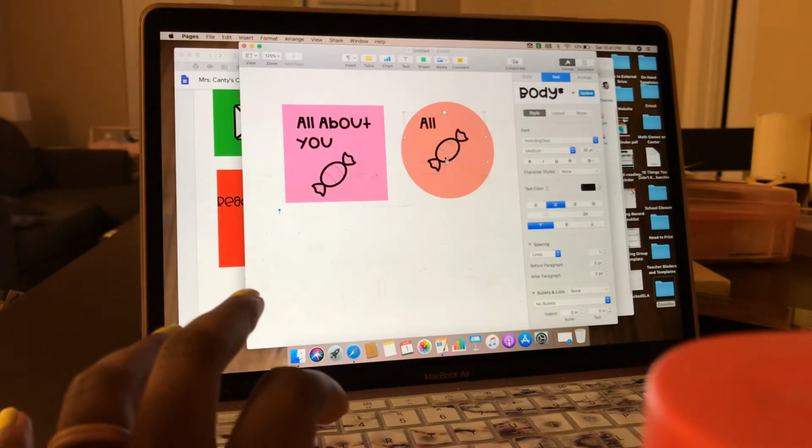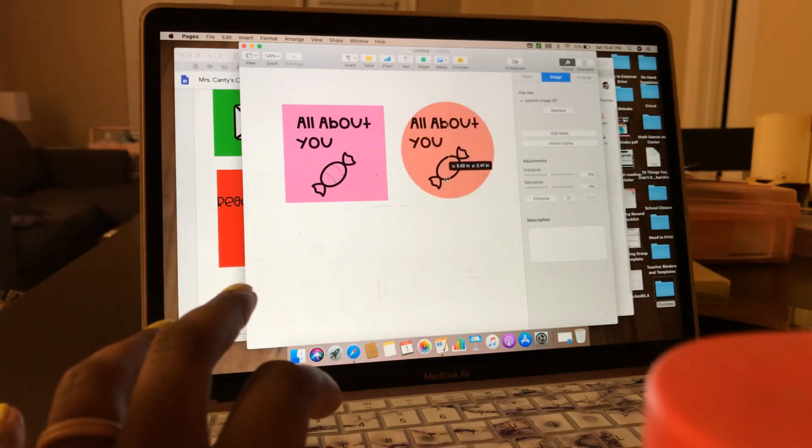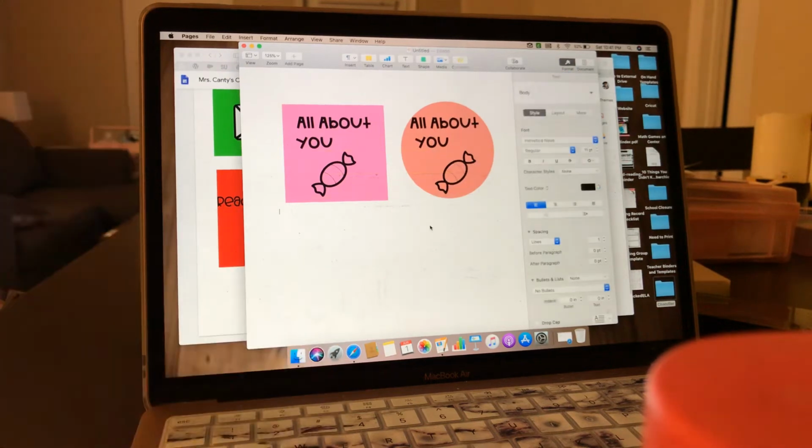Oh, I dragged the wrong thing. And then once I have my icon, and again, I have the square and the circle because some people may like the look of the circle better. So I'm going to do both, and you decide which one is better for you. So what you do is